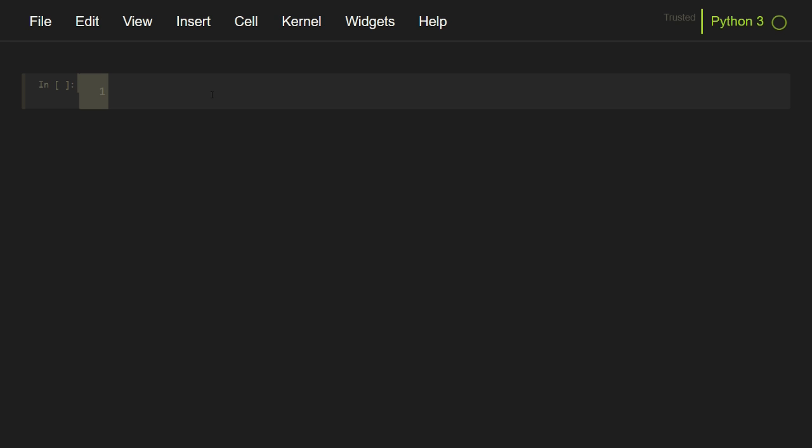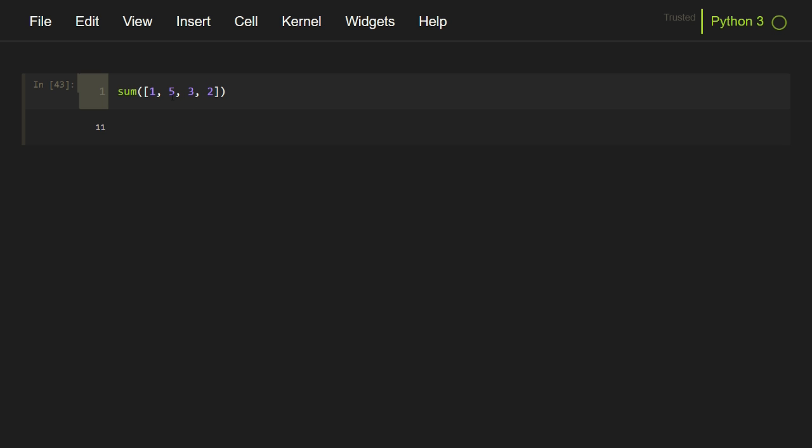The next function is the sum function. As the name suggests, it returns the sum of the values that are passed to this function. So we can pass any type of iterable to this function. So I will call the sum function and pass an iterable 1, 5, 3 and 2, just random values, and it will return me the sum of all the elements present inside this list.